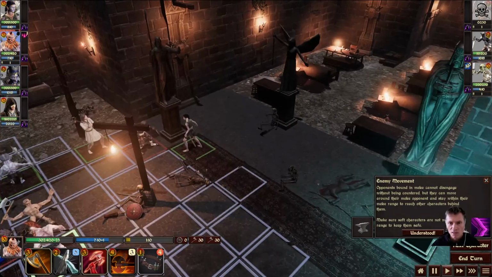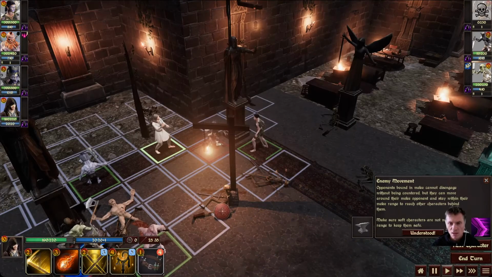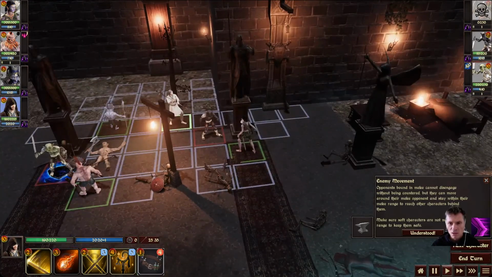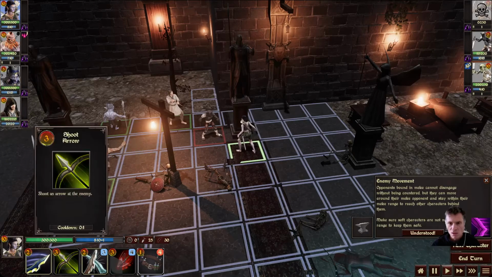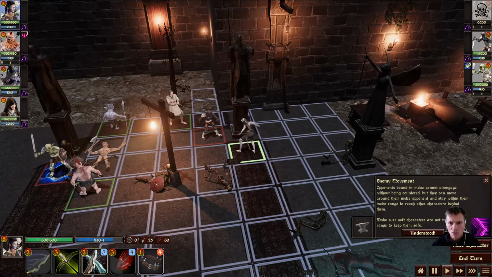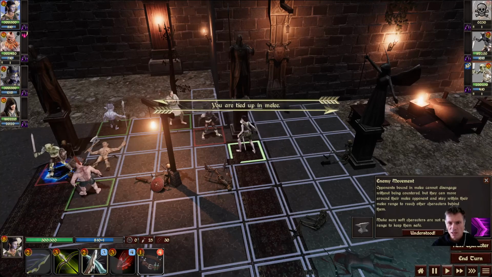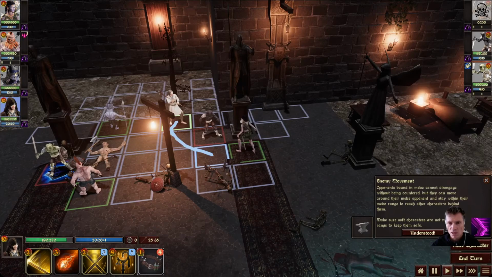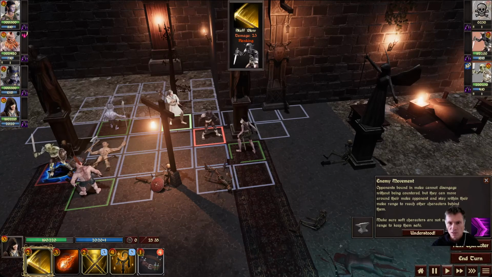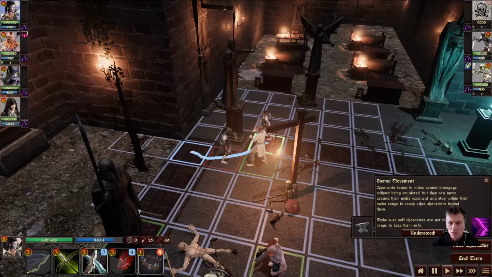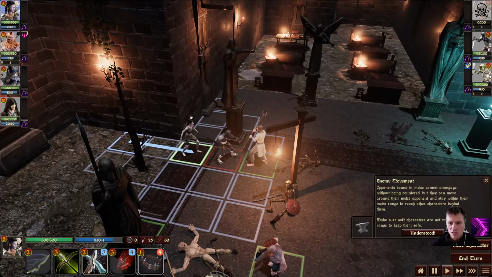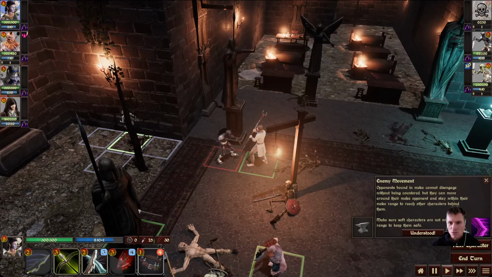And the same applies here. So for example, here we don't have any melee character, but let's say I want to use the ranged skill of the hunter, which I cannot do right now because I'm tied up in melee. Then I can use my other character and move it to the front, then shuffle around this hunter to the back and safely disengage. This is a way to really